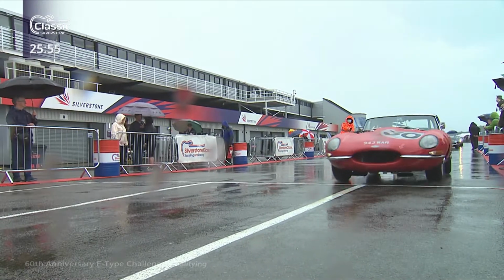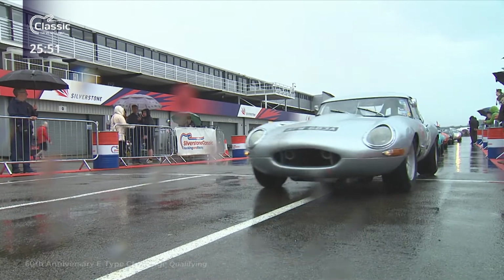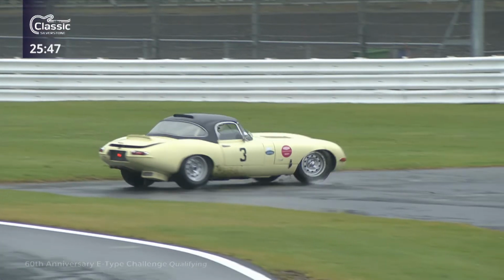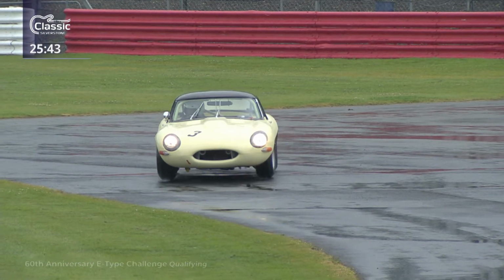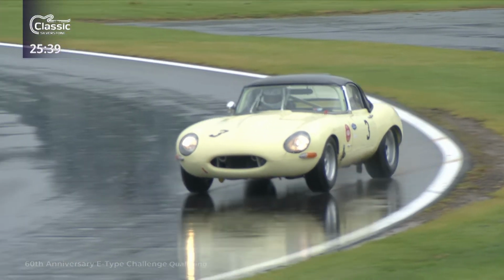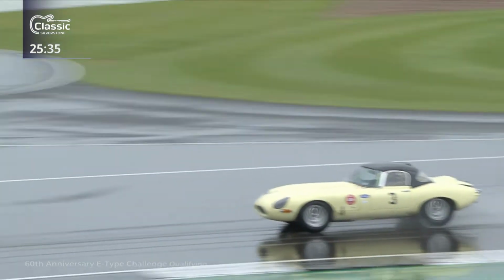Yes, as you run your eye down the list, you think, oh, he's doing it. Yes, they're all there really. And I noticed Mike and Matt Wrigley are out again, father and son, sharing a car this time. They were in the Formula 2 cars separately, of course, and you mentioned Julian Thomas and Callum Lockie, always competitive, but we've also got Danny Winstanley out